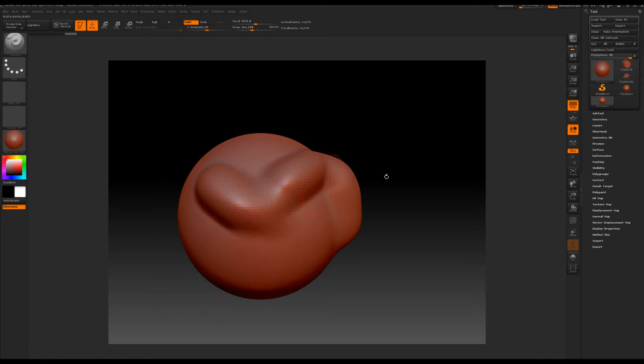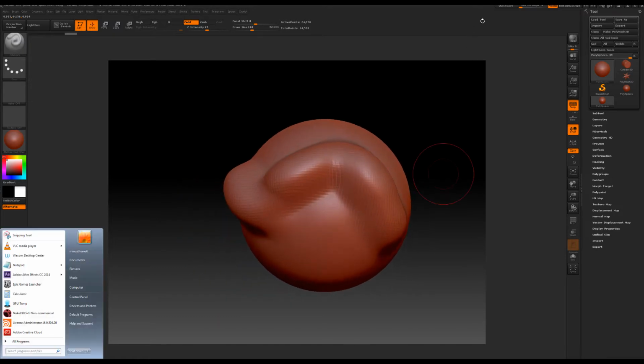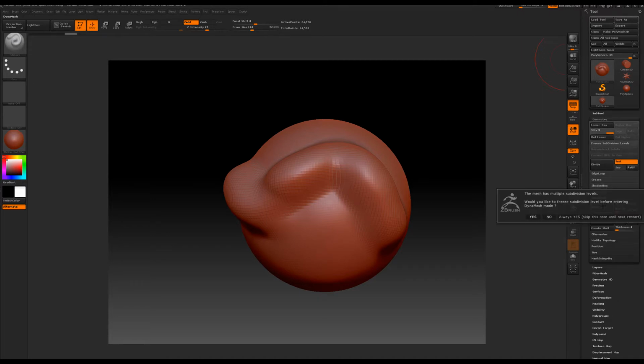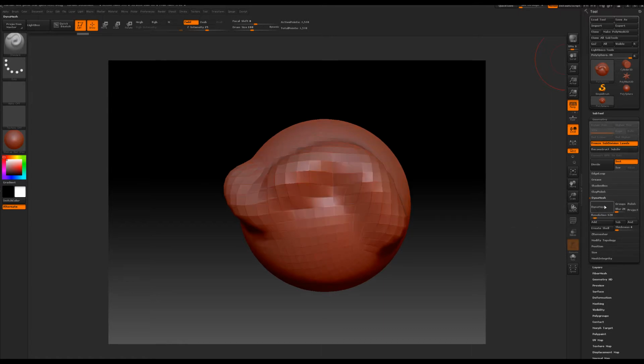And you can kind of get a sense of its default resolution there. Then we're going to come over to the Geometry tab and navigate to Dynamesh. We're going to hit Dynamesh, and it's going to ask us if we're sure we want to do this, because by default the polysphere has multiple subdivision levels, and when we Dynamesh it, that's going to kill the lower levels of subdivision. So we're just going to say yes, and the mesh will be Dynameshed,